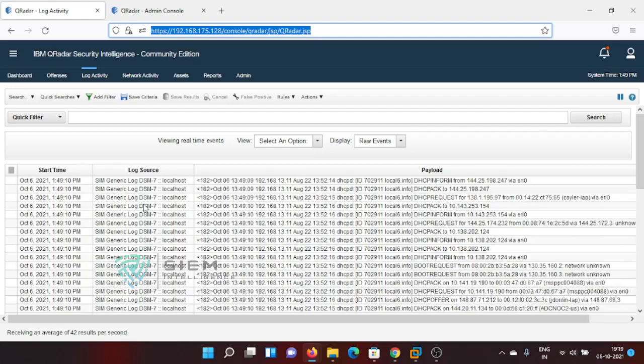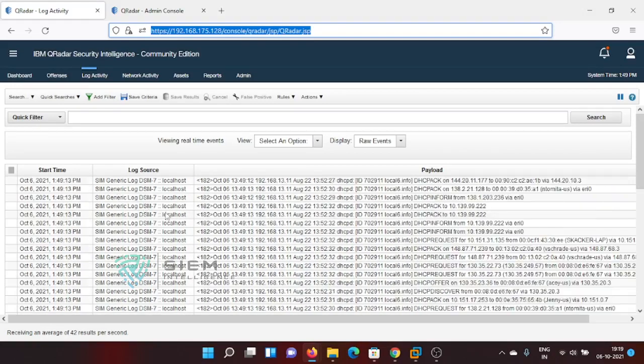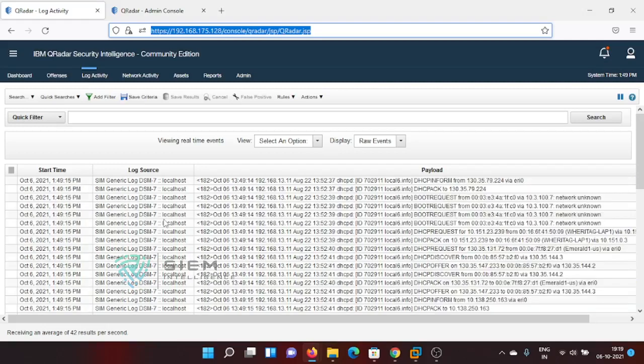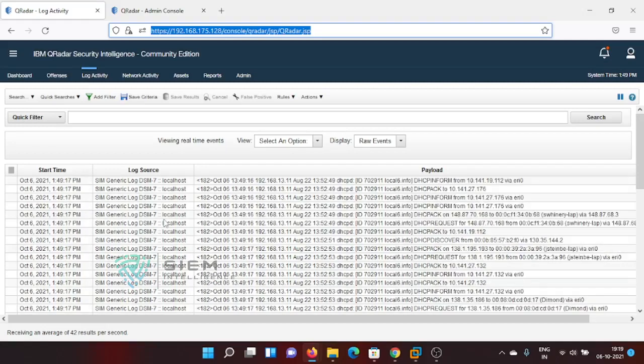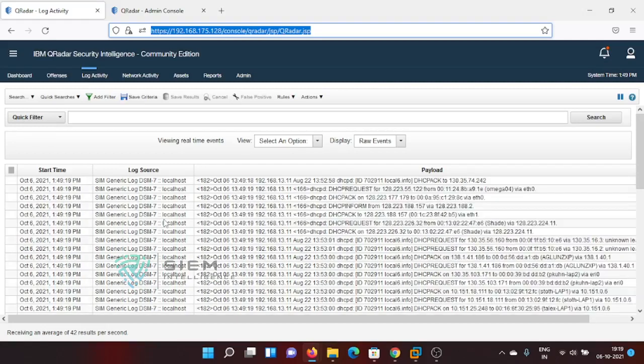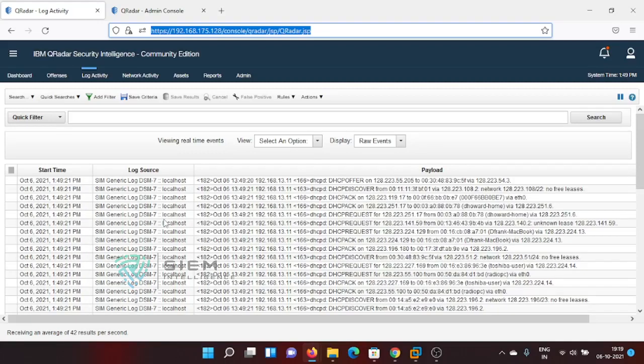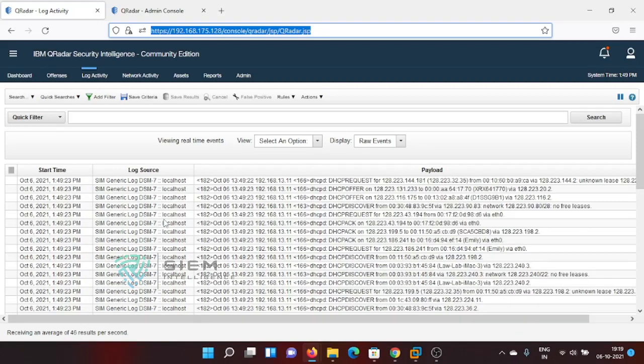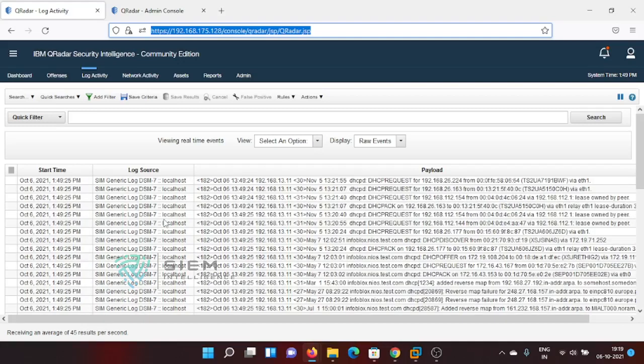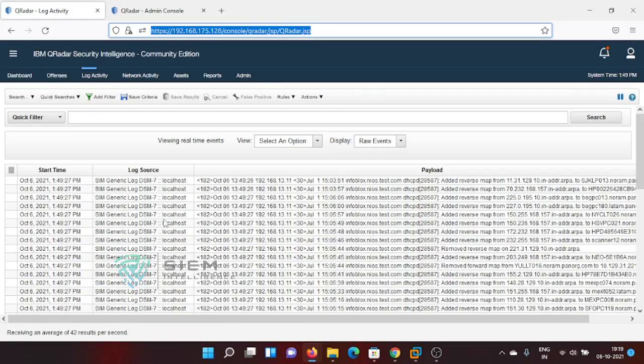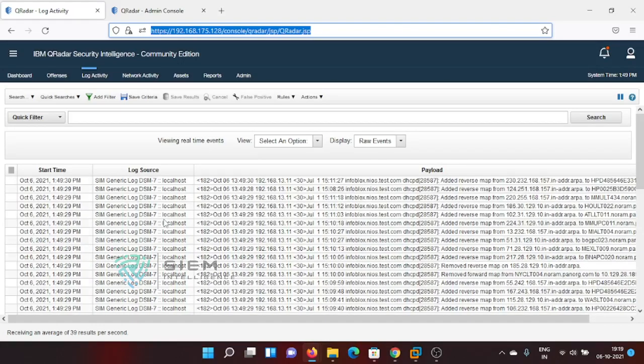What will the device support module do? It will pick up the log and give some properties, such as source IP, source port, destination IP, destination port, event name, user name, what the log type is, whether it is a security event. It gives us a magnitude value, and it gives a low level category and a high level category. We will discuss low level and high level categories later, but it gives many things.